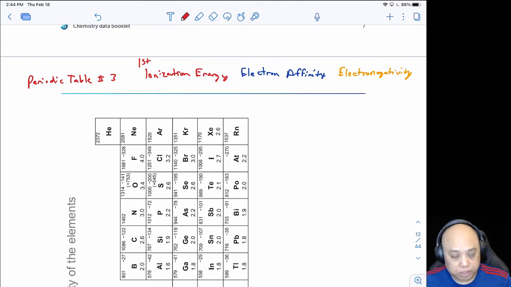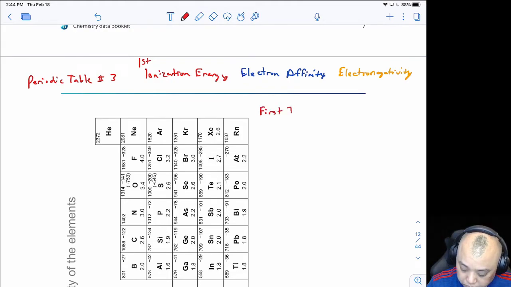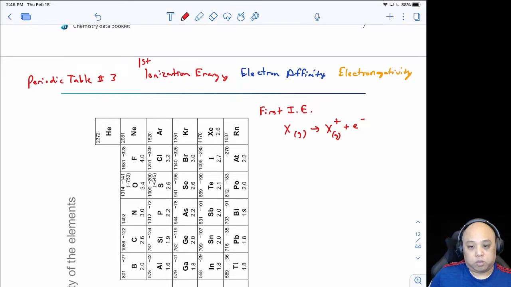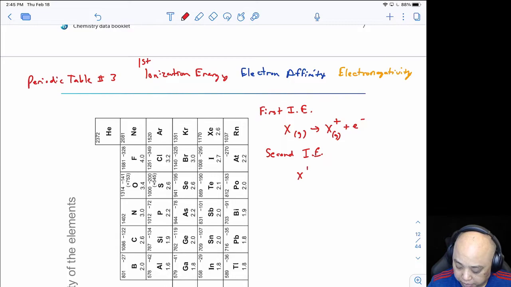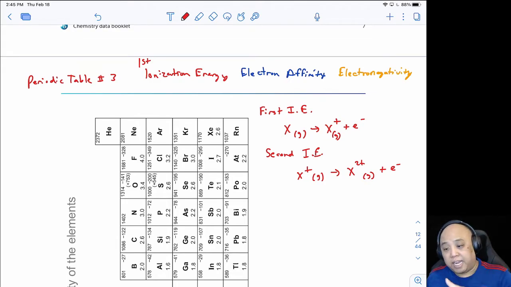Okay. What does first ionization energy mean? First ionization energy is the energy required to lose the first electron from an atom in its gaseous state. So transforming X into X positive is first ionization energy. Second IE would be going from X positive to X 2 positive. Notice that you're not combining the reactions, they're consecutive. And so second ionization isn't X to X2 plus, it's only X plus to X2 plus,